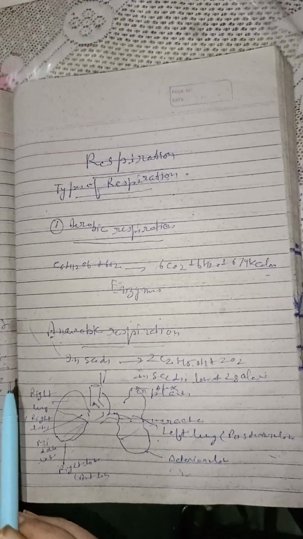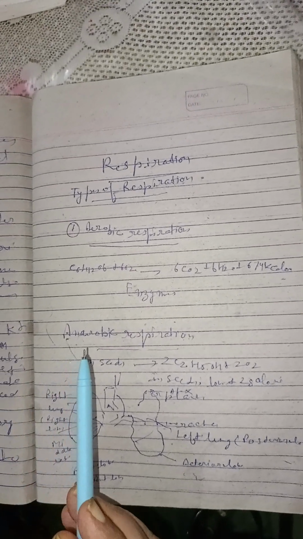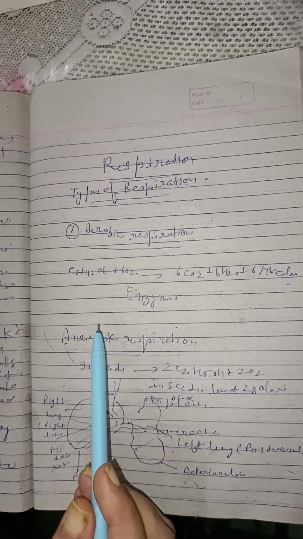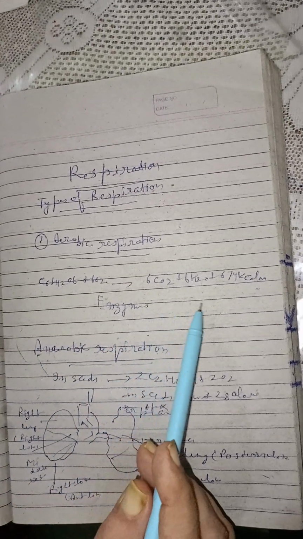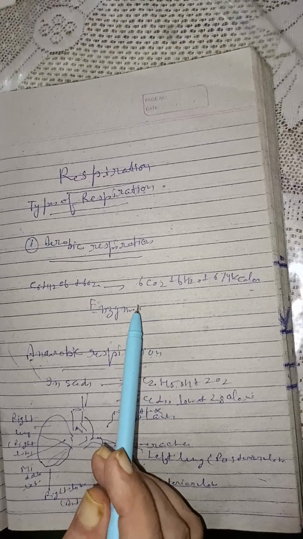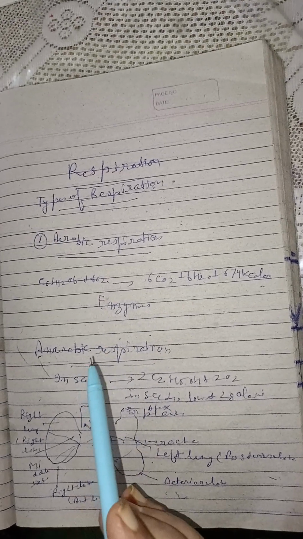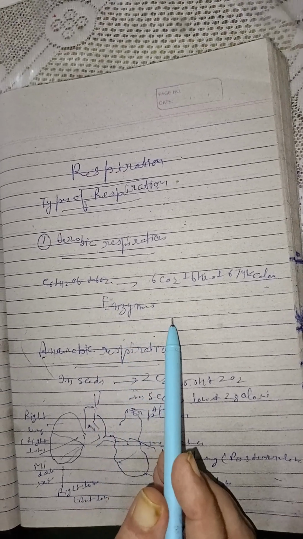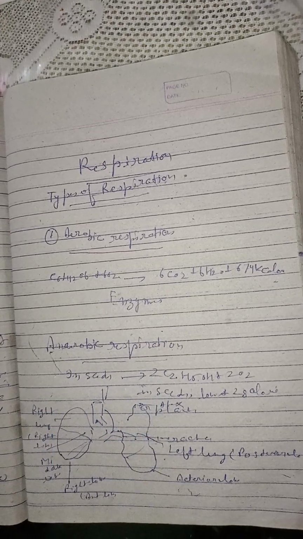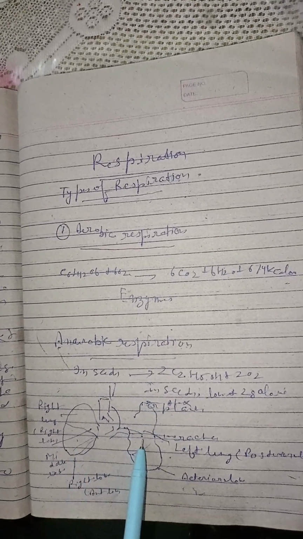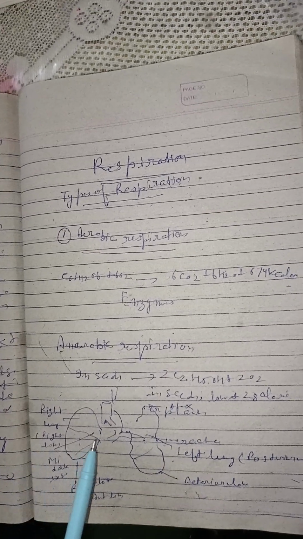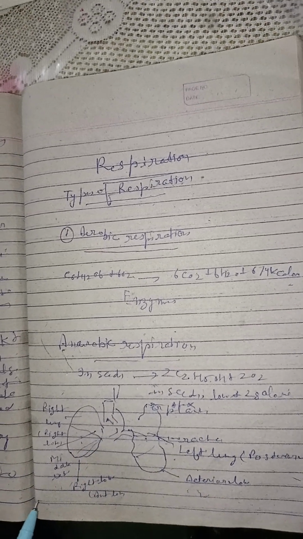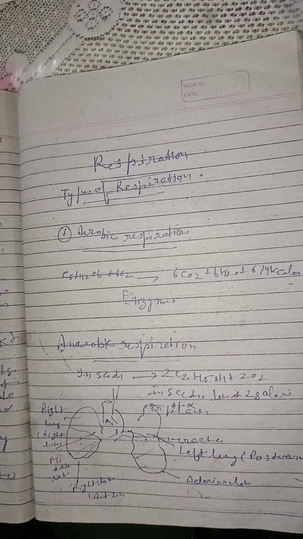I tell you about respiration, types of respiration. First is aerobic, second is anaerobic. In aerobic respiration, glucose is broken down in the presence of enzymes and carbon dioxide, water, etc. are produced. We see that there are two lungs, left and right, and between them